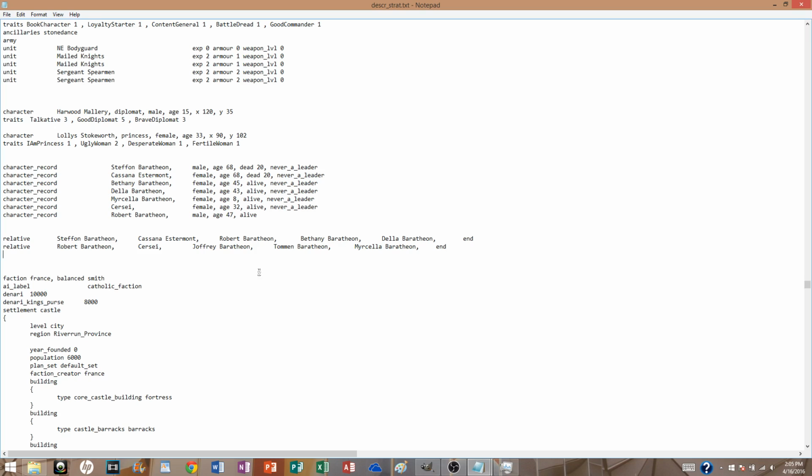So basically what you want to do is find out where you stand on your family tree. Okay, so this is his father and his mother, and he's their son. This is his sister and his other sister. Every time you put a female in the relative space down here, you want to put it in the character record, and if there are any children or their dead family members, also include them in the character record. So let's say that